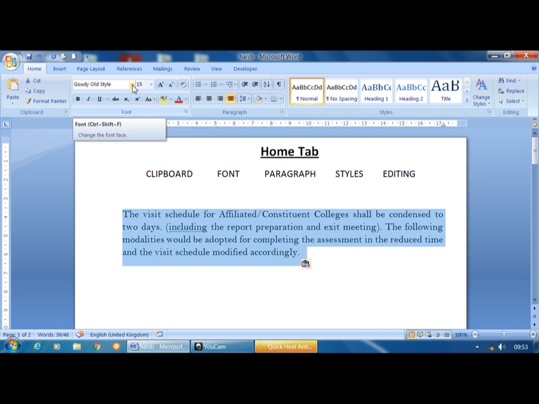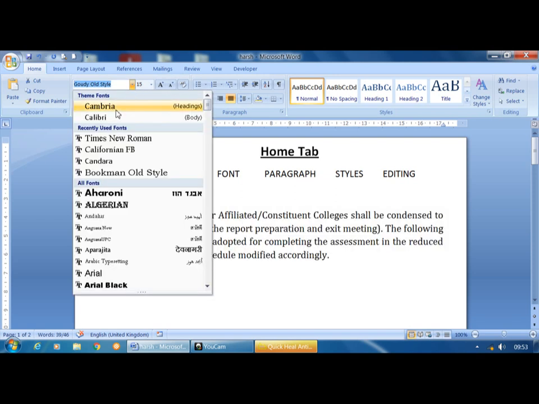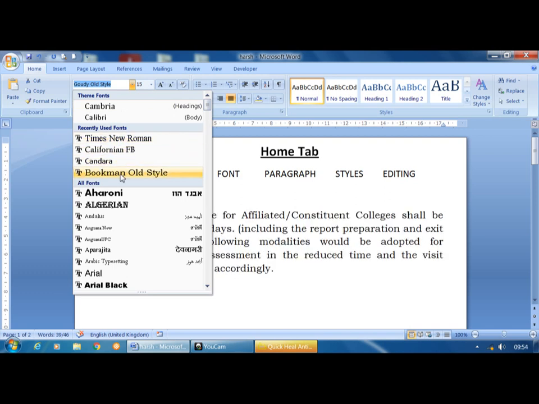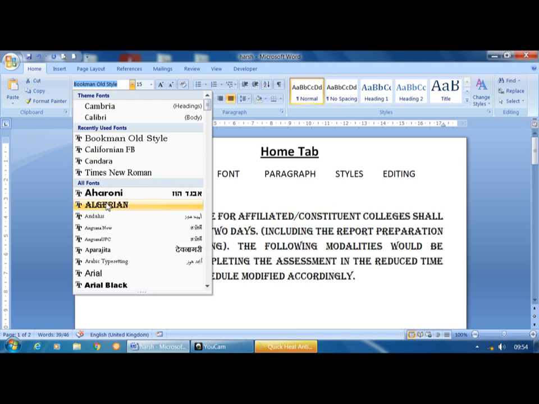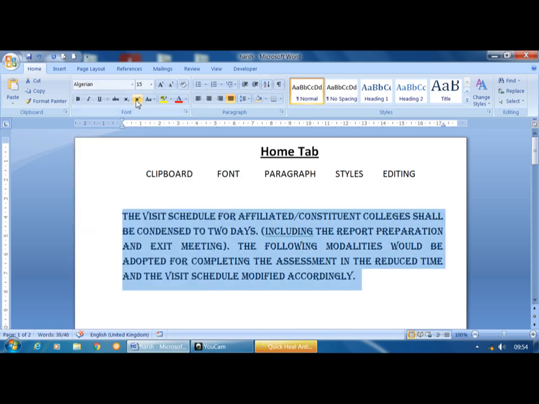Now normally we can change the font face. The shortcut is Control plus Shift plus F. We can select different fonts here. Just click on this drop down button and select the font. Automatically the selected font appears in the working area. If I want to make it Book Antiqua, just click on this one. Now I will change it again. If I want to apply Candara, or if I want to apply Algerian, select any one of the fonts, and automatically it applies.